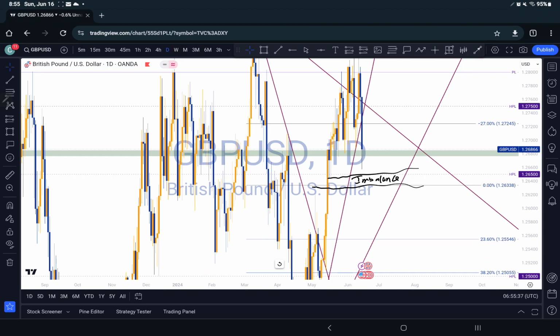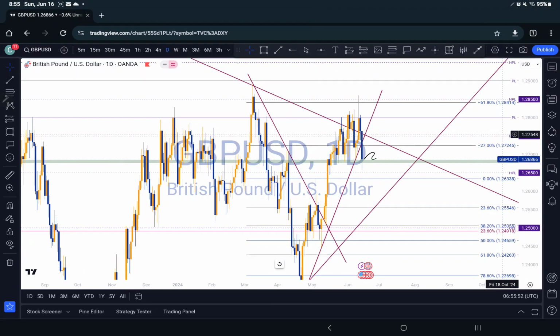So even if you're going to continue to push the downside, I just think we might come down to maybe around this area right here, which is 1.26338, right? Then we might continue to push the upside based on that, or we might continue to push down to around the zone right here, which is my 23.6% fib level, 1.25546, and a possible touch of that trend line,